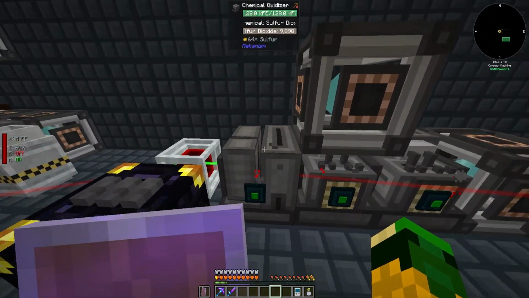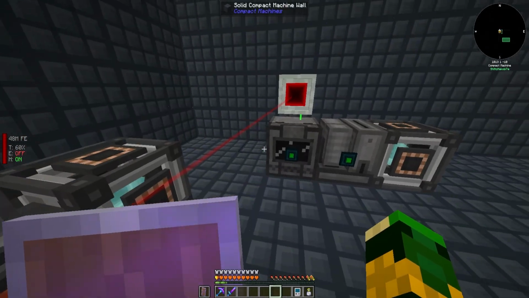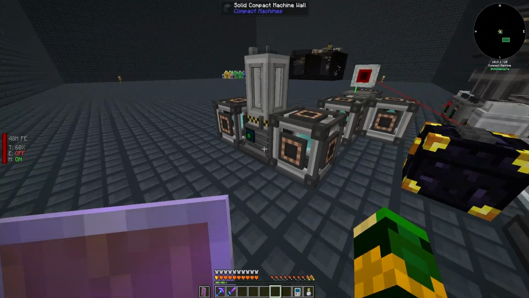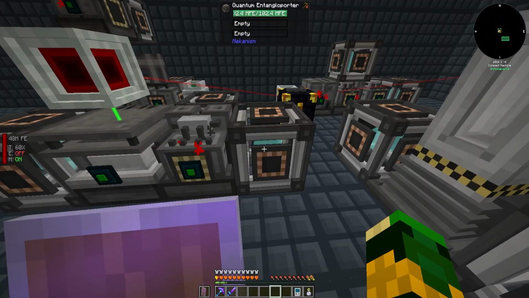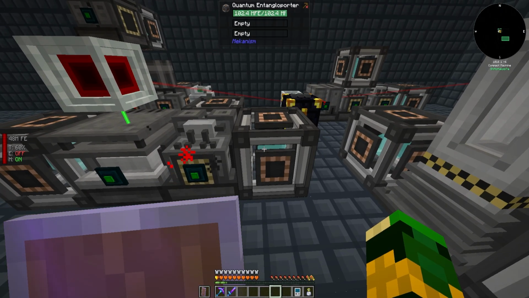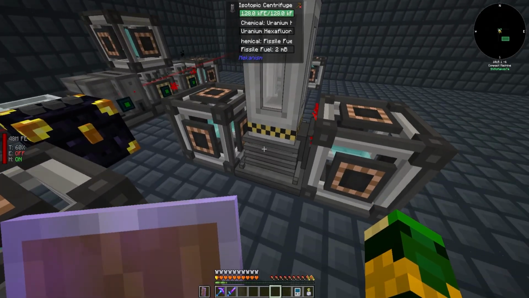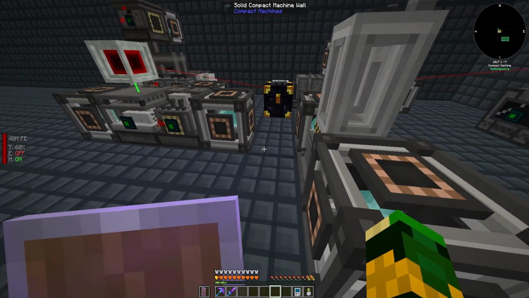And then that all runs everything through here to become the sulfuric acid. And then same thing, we just move it and keep shuffling it around until we get to the very end process here, which is to make the, what is this stuff? Uranium hexafluoride, which then feeds into the isotopic centrifuge and then comes out as the fissile fuel.